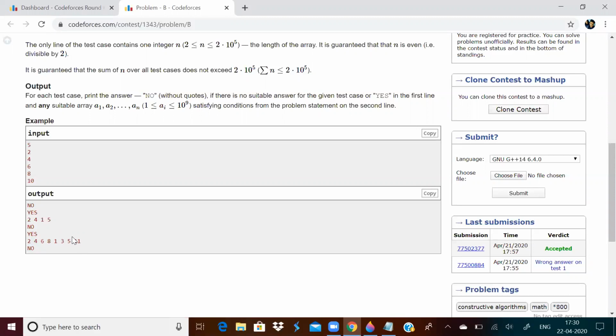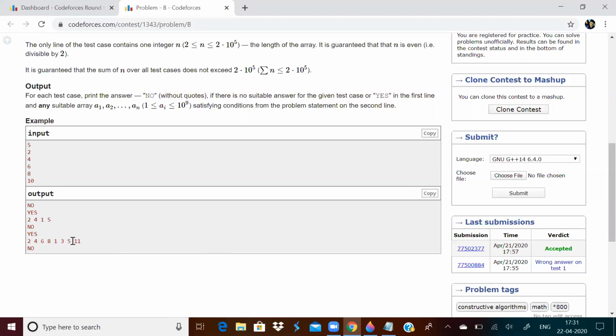So catch is nothing but first n by 2 values straight away print all the even numbers in increasing order, or in any order actually, it doesn't matter. Just print 2, 4, 6, 8 until n by 2. After n by 2, print 1, 3, 5, 7 until n by 2 minus 1.